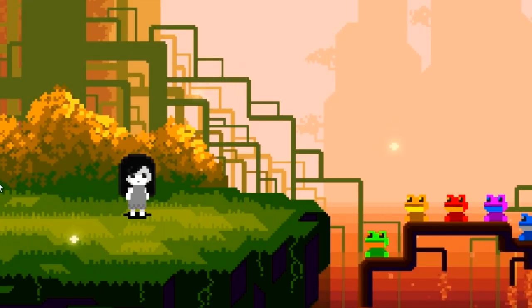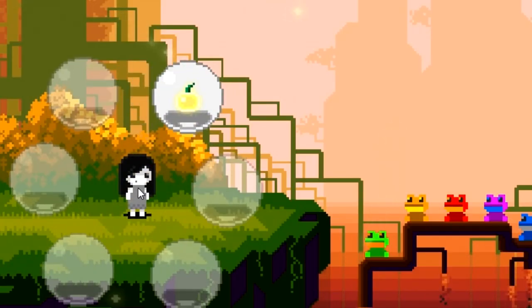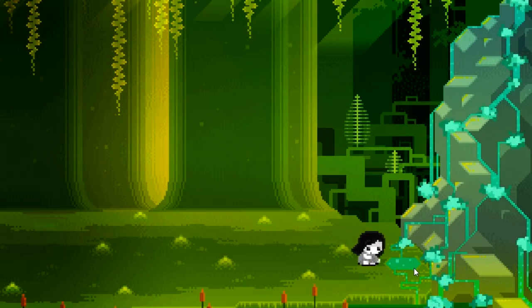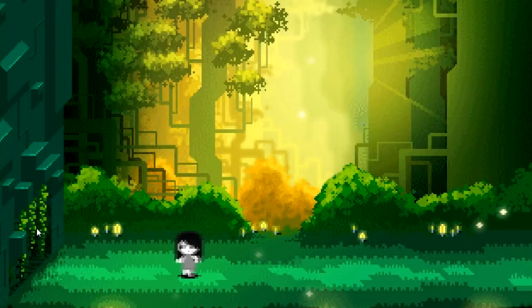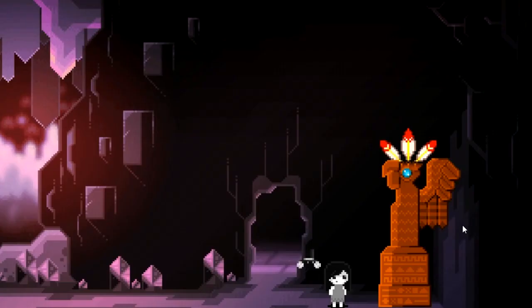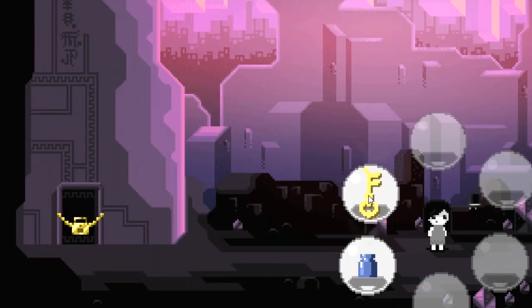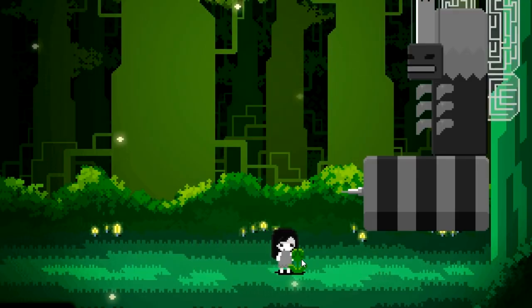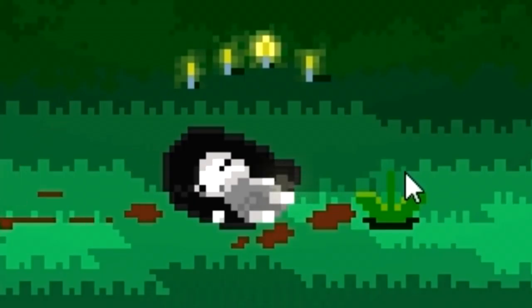Now, you might be thinking, this looks a lot like a kid's game. And yeah, it does. It's a point-and-click adventure game with easy puzzles to solve, colorful worlds to explore, and friendly characters to meet along the way. Everything in Finding Teddy is child-friendly, and pretty much everything about it should classify it as a kid's game. Except for this. Oh,